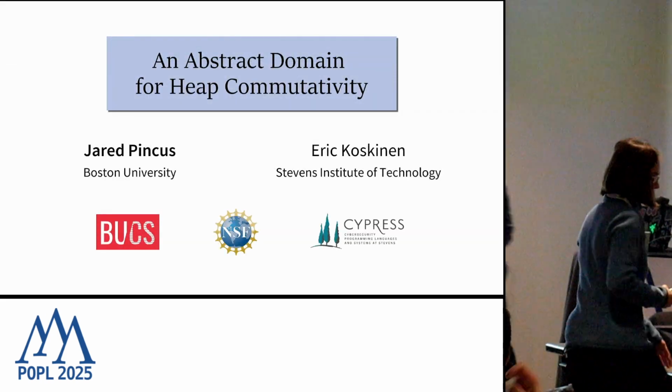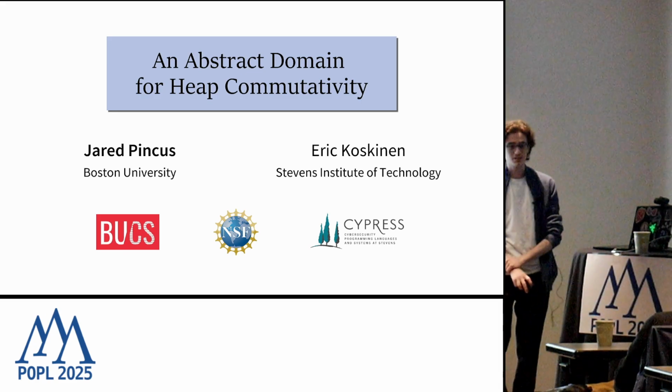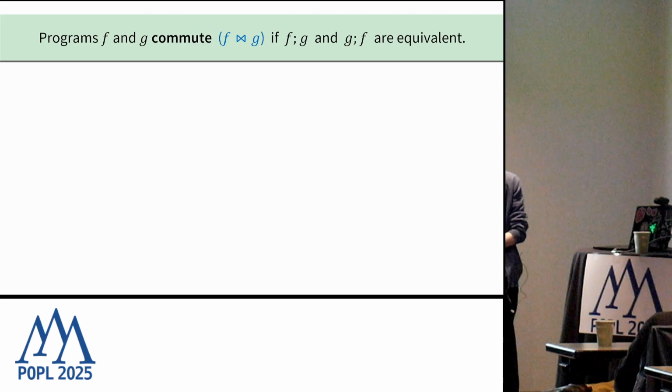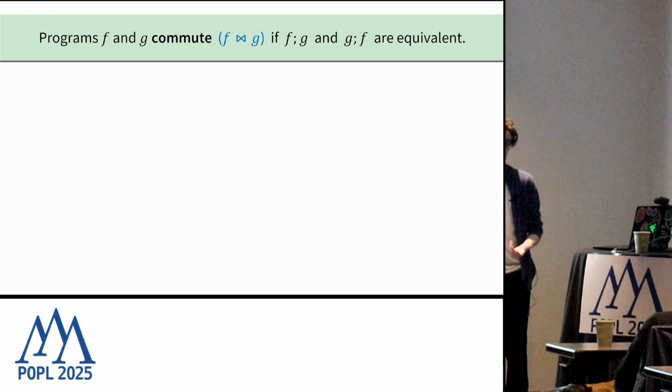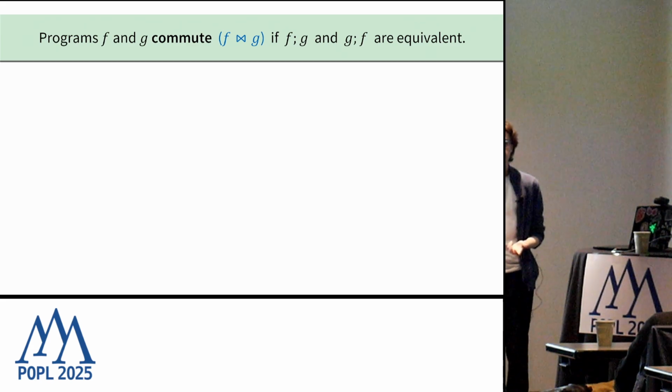Hey everyone, I'm Jared, and like Alexandra said, I'm going to be sharing an approach for commutativity analysis in the context of the heap memory model. So for those unfamiliar, commutativity is a relational property of programs or fragments of programs, which we denote with this bow tie operator. And it holds when executing the two programs in sequence yields the same outcome regardless of the